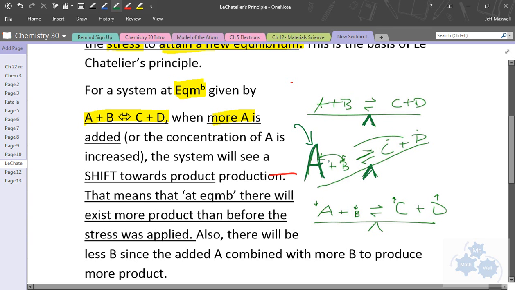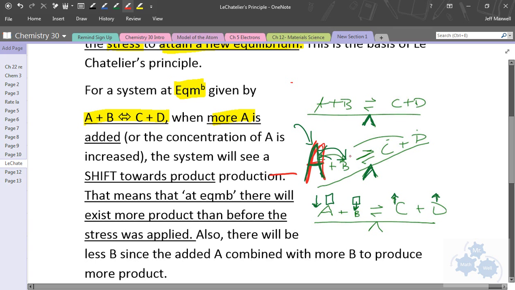The A that's added reacts with the B right here. And so A goes down a little bit in concentration after that addition. B goes down a little bit in concentration because this excess A has reacted with some more B. And then both C and D have increased to attain a new equilibrium. So this is something that you need to think about because there's different reactants and different products involved. Okay? So once again, if we add more A,